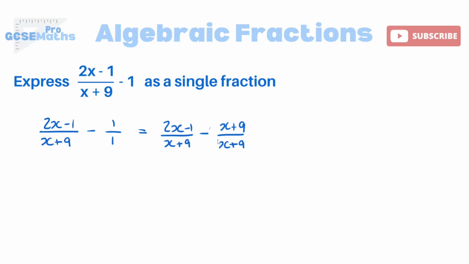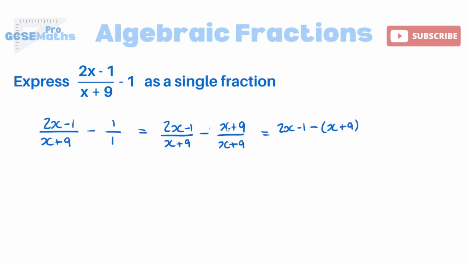So I've now converted this. Originally it was a 1, now it's this fraction. That's still 1, because if I were to simplify that, x plus 9 divided by itself is still 1, isn't it? Now we can carry on as we did with the previous questions, just subtract the numerators this time. Remember, we're subtracting. So I would probably write it like this, 2x minus 1, subtract, and then put the other one in brackets,